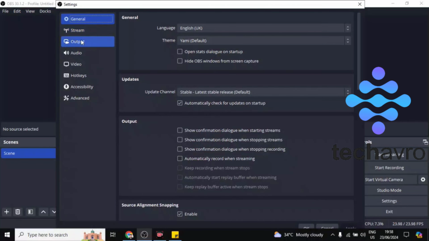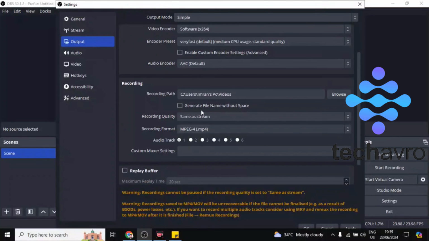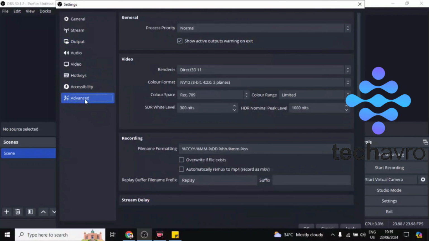After that, you have to go to the output option. Under this output, you can see here the video bitrate. You have to click on this drop down menu and make it smaller as much as you can. Like I'm doing this, 1500 kbps. All right, now you have to click on this advanced option and then